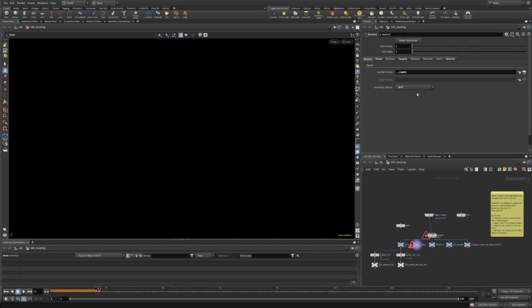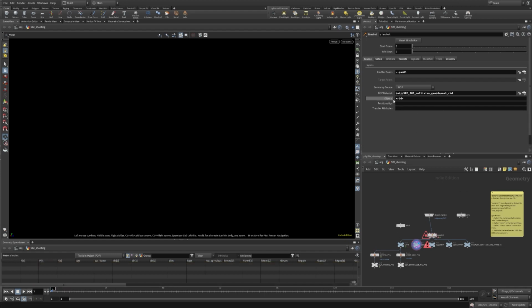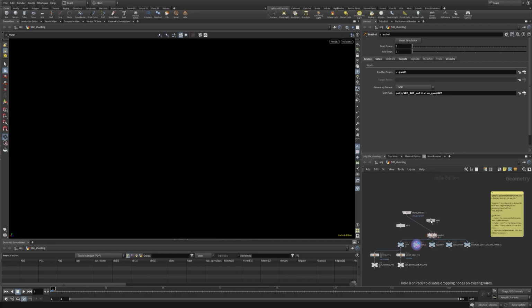Additionally, you can supply a DOP simulation result by selecting DOP. In this case, you choose the DOP network from which you want to pull the simulation result and specify the object needed for collision calculations. For now, let's temporarily switch back to SOP. Attach an additional asset in its place